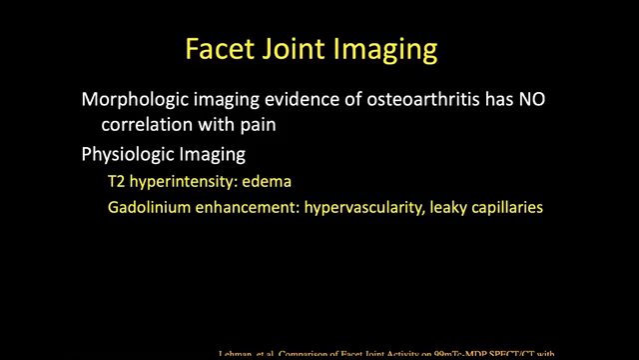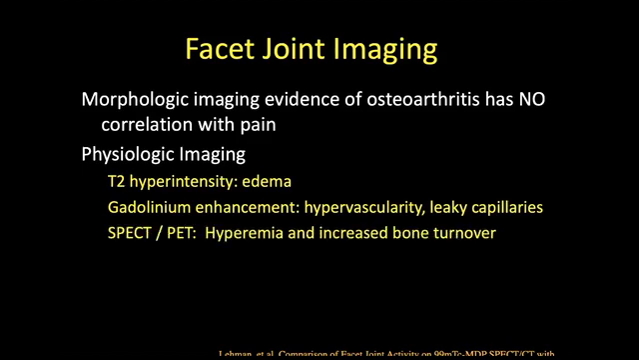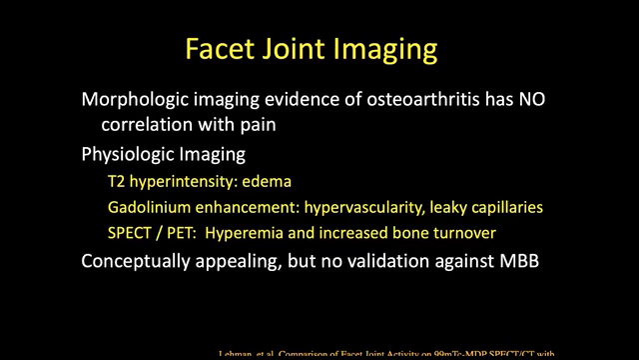So you can look for T2 hyperintensity, the subarticular bone marrow edema. You can look for capsulitis, either with gadolinium enhancement or on your T2 weighted sequence with pericapsular edema. And if one does nuclear medicine techniques, they may have hyperemia and increased bone turnover. Some people have advocated for that, although it probably doesn't add anything over our routine MRI imaging, in my opinion. All of these findings are conceptually appealing, but they're not validated against the reference standard for facet pain, which